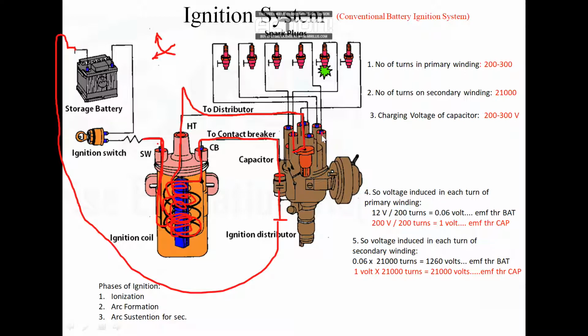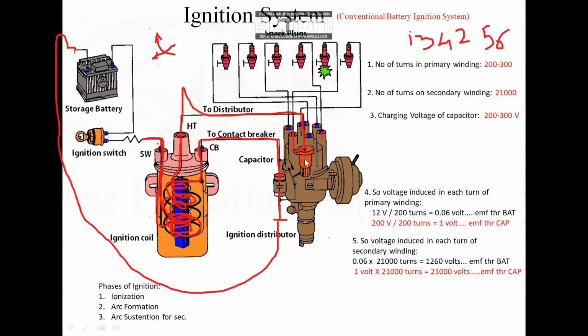Okay, those leads are arranged with respect to the firing order. So this is a 6 cylinder engine, and the firing order we can say is 1, 3, 4, 2, 5, 6. This is the firing order of this 6 cylinder engine. So in that way, first cylinder lead, after that the third cylinder lead, then the fourth cylinder lead, second cylinder lead, fifth cylinder lead, and the sixth cylinder lead. In that sequence, they are located inside the distributor head.